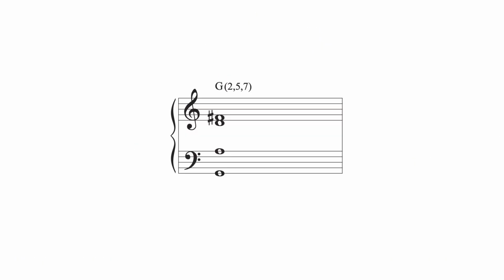Part of me wonders if maybe a system not based on thirds would work better. Very loose thought on that. So far in my own writing, when I do have something like this, I might want to call it G parentheses 2, 5, 7. That being root, parentheses, everything else.